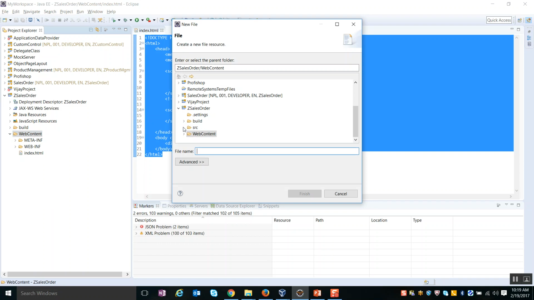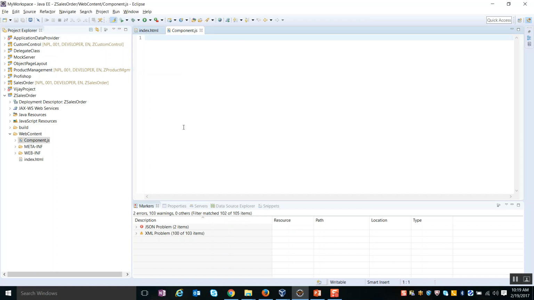There are a couple of ways in which I can create the component. I can create it using the JavaScript mode of development, where I name the file component.js, or I can make use of component creation in terms of JSON, where I name the file component.json and give everything in JSON format. But in general, we usually create our component in the JavaScript mode of development, so I'm going to name it component.js. The file name should be exactly like this: component with a capital C, and .js is the extension. Now I have created a component here. Now I have to create the instance of the component.